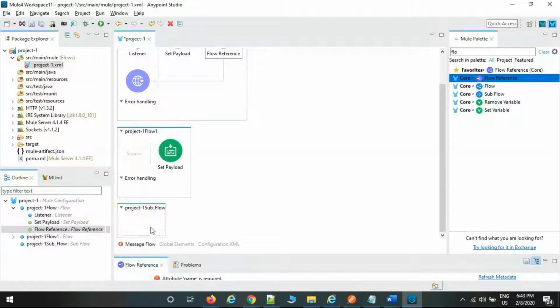In the subflow, you are writing some business logic. If any exception occurs while executing the list of palettes, the subflow simply hands it out to the main flow, and the main flow itself handles the exception. But when it comes to the private flow, if any exception occurs, there is a provision to define exception handling. Then you can handle the error in the private flow itself, and it won't hand out to the main flow.